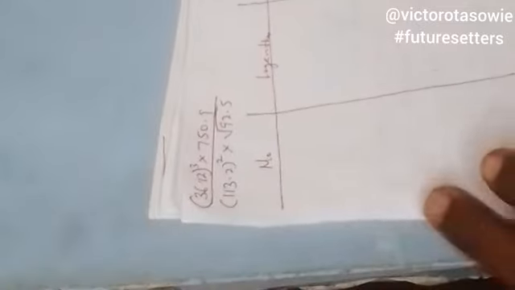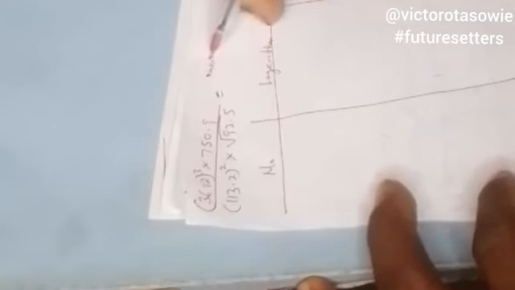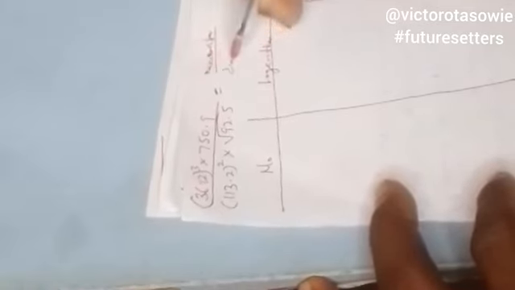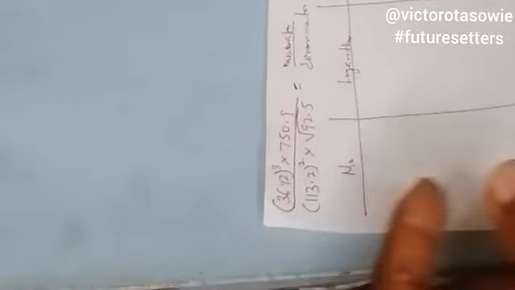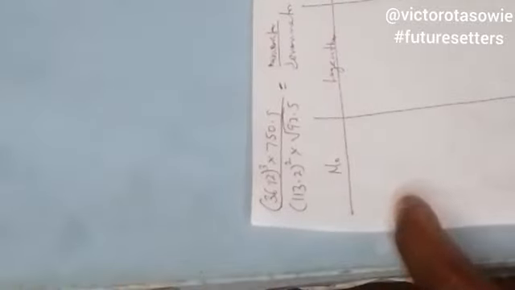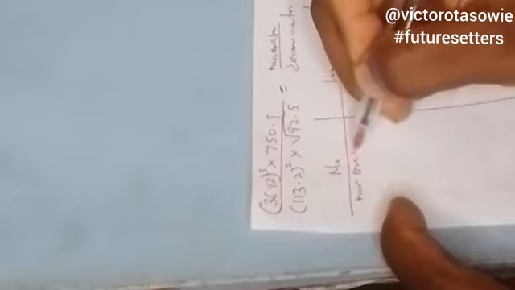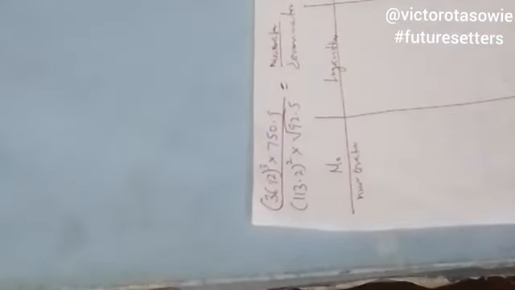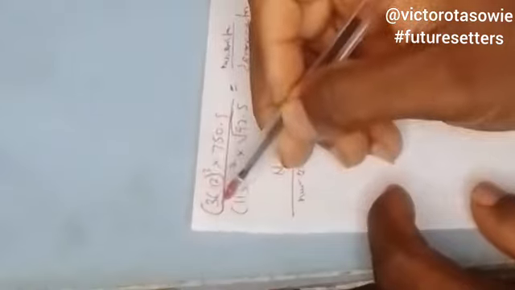Now, for the number, also take note that we are going to divide it into numerator and denominator. So we don't just solve everything at once. We base our attention on the first thing: we look at the numerator and the denominator. So we are going to start with the numerator. Don't just start finding the logarithm immediately like that. Make sure you divide it into numerator and denominator. So the numerator here, we have